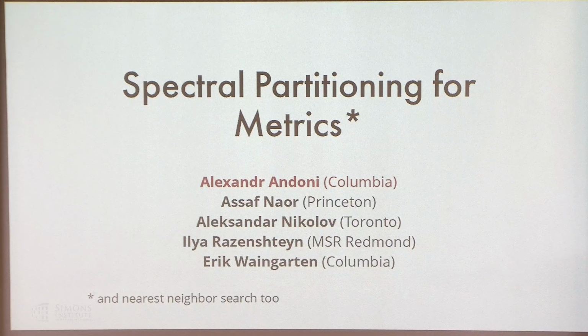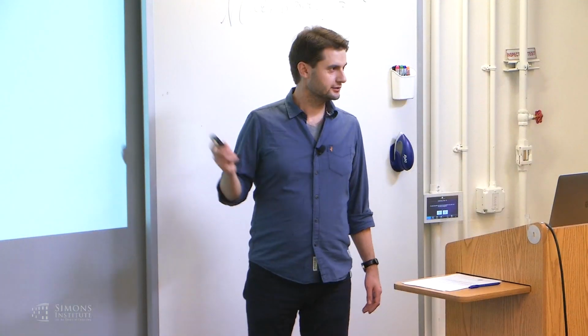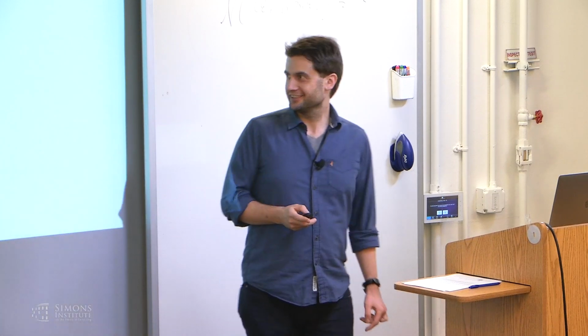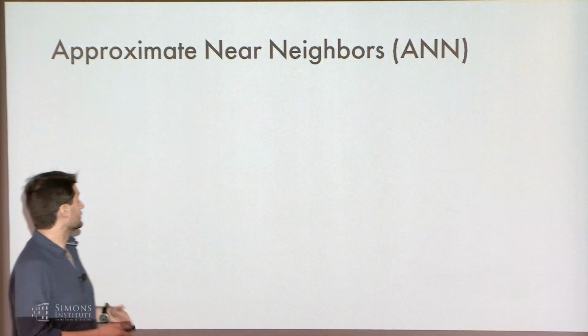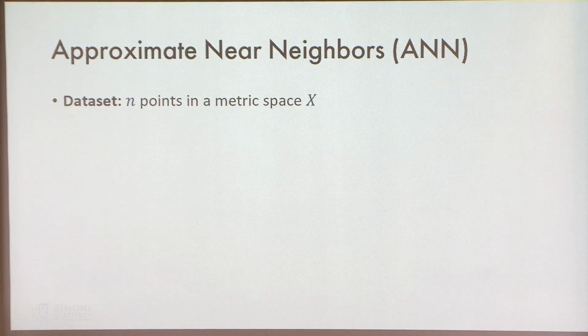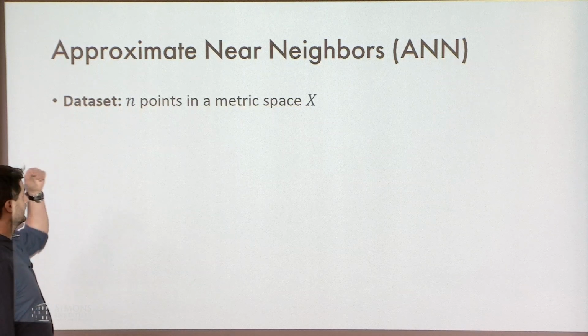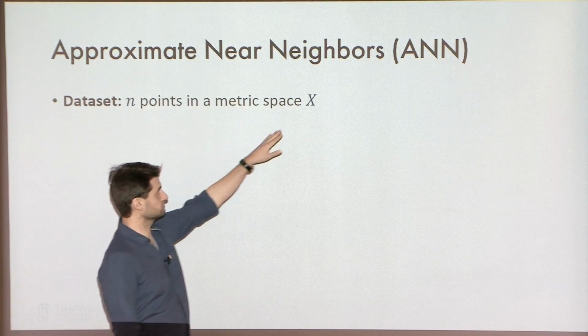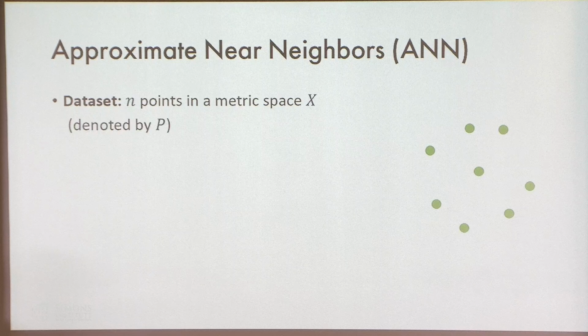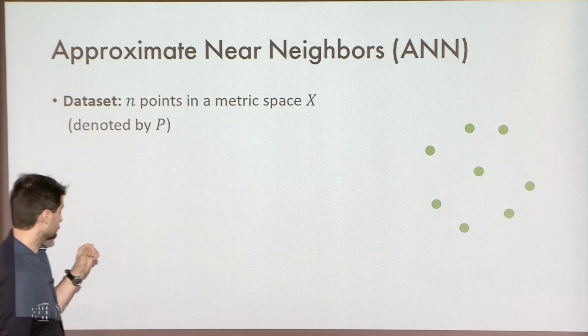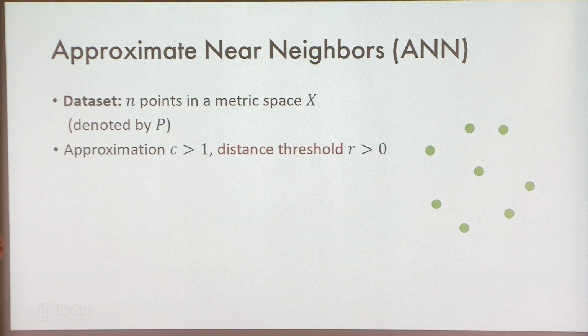So it feels weird to define nearest neighbor search at a workshop whose title includes that, but I'll do it anyway, maybe there is an online audience, and also to set up notation. I'll talk about approximate nearest neighbor search, a data structure question where we have n points in a general metric space X, and I'll return to what this metric space X is in a second. We'll denote this set by P, and we need to pre-process it so that we can answer